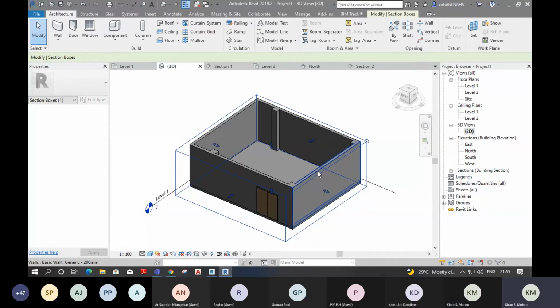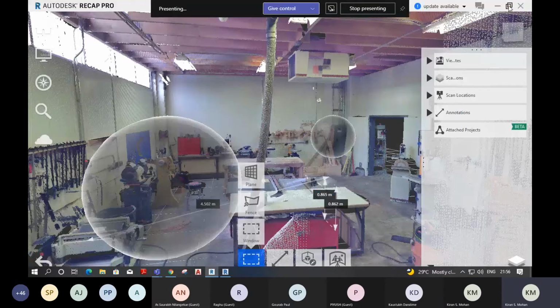You can go to Autodesk Recap. If you have a student ID or crack version, you can go to Recap, and inside Recap itself this file will be there. On the first page itself, you can see this file and open it. If you're not getting it, just send me a message on WhatsApp. I'll upload it in WeTransfer and give you a link.